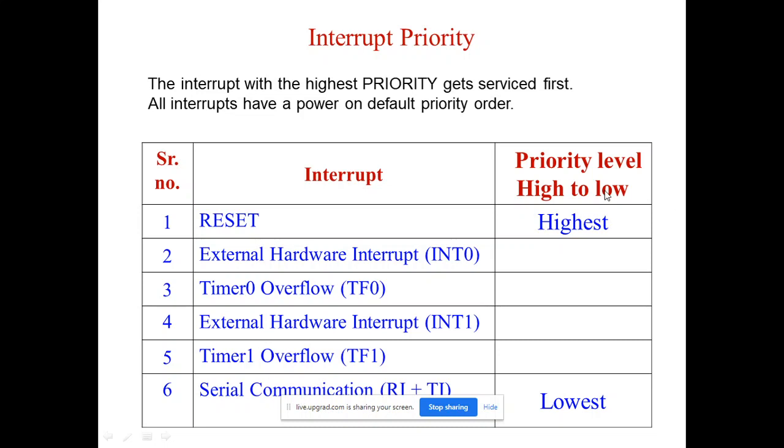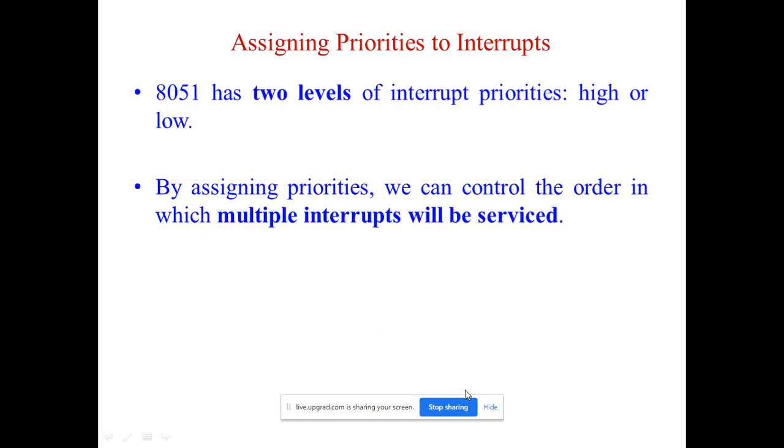In this fashion, the controller gives priority as per this table. Reset has the highest priority, then the second priority is INT 0, third priority is timer 0, fourth priority INT 1, fifth priority is timer 1, and the sixth priority or lowest priority is given to the serial communication. All of you agree with this point? But now